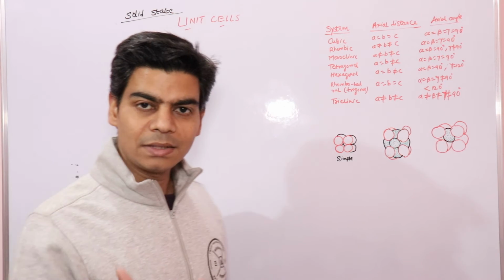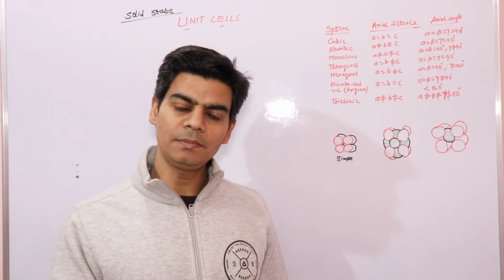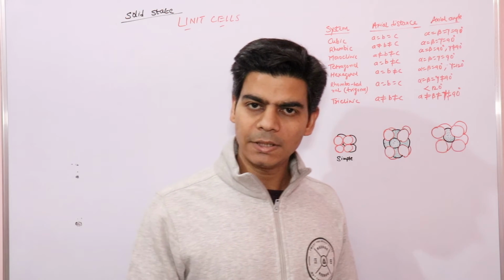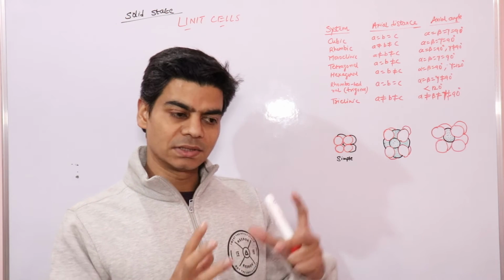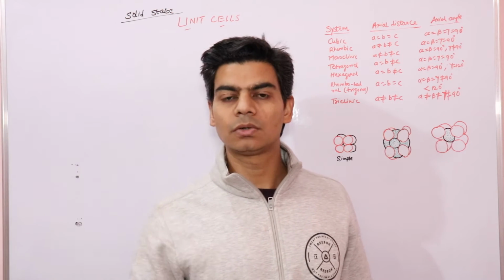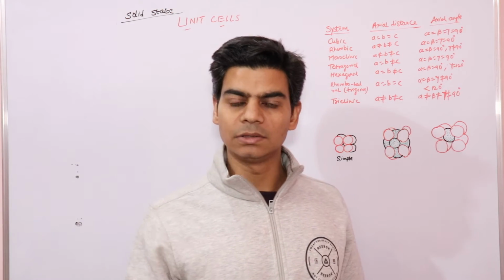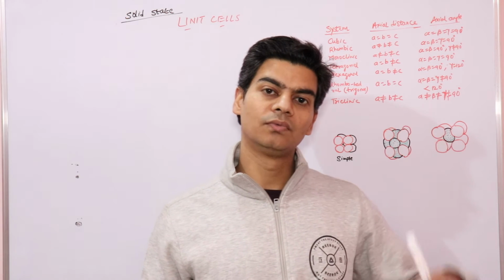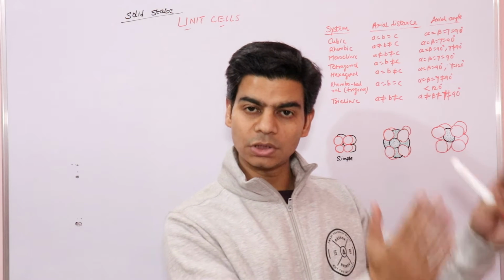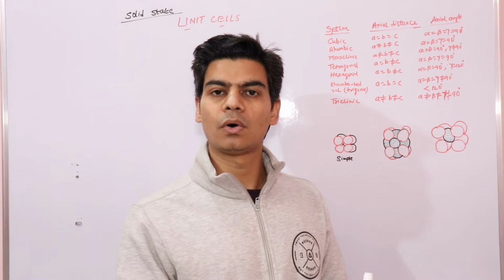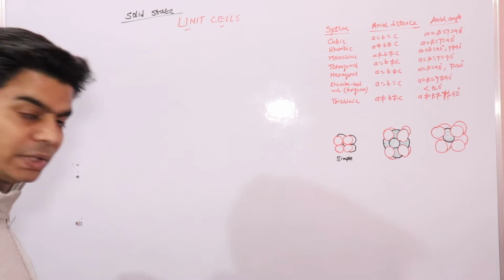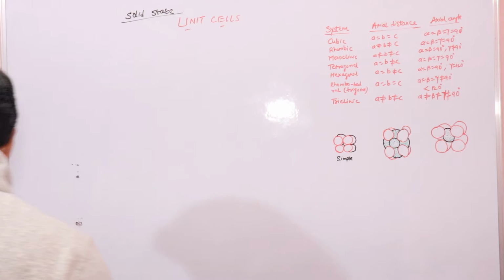We said that a crystal is three-dimensional, so the particles in crystals are arranged in three dimensions. The crystal lattice that we draw based on the location of the constituent particles in the crystal would also be three-dimensional. So the smallest portion of this crystal lattice, which we call the unit cell, would also be three-dimensional. So let's draw that unit cell in three dimensions.